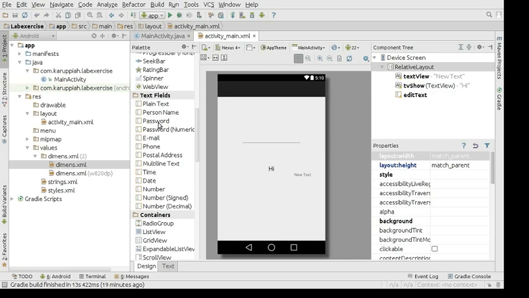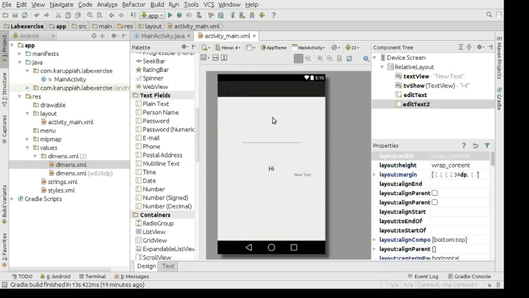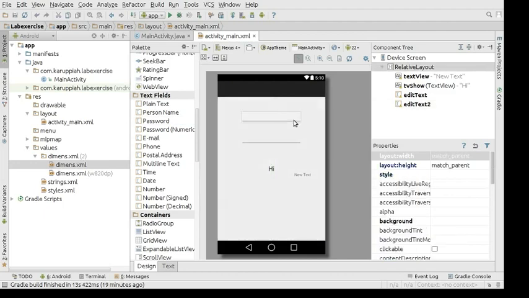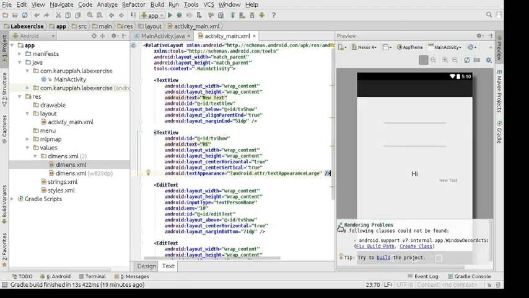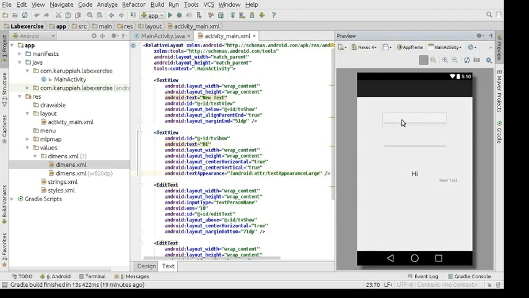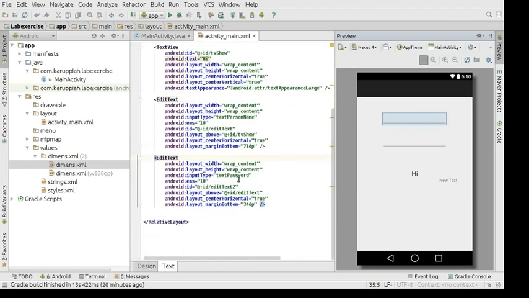And then you can have password. It'll be of type password. The analogy is the HTML input tag with type password. So you can see the changes. I have two edit texts. I don't know which is person name and which is password, and where's the code for it. So you just click in, and I see the blue thing over here. You go down, and you see input type is text password.